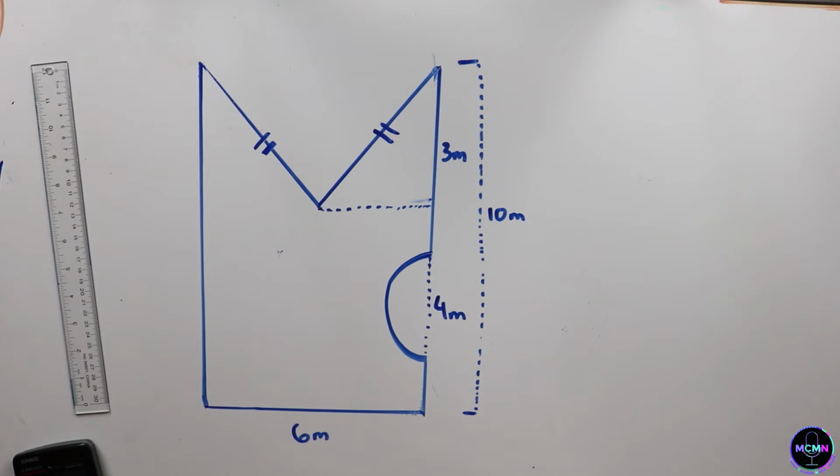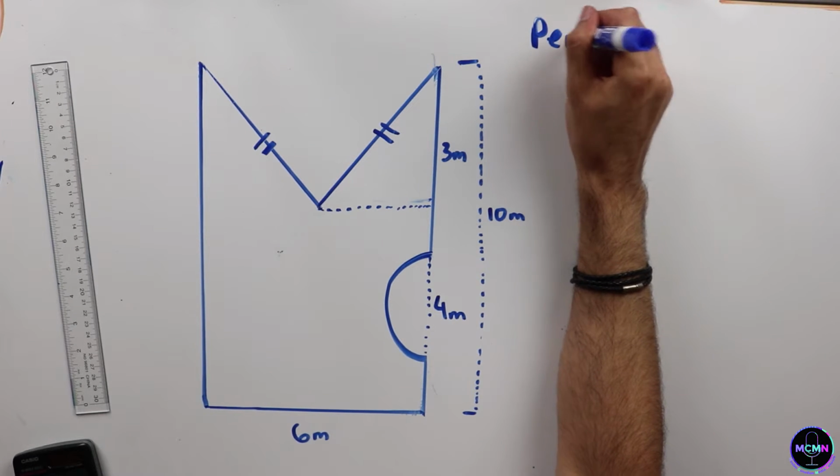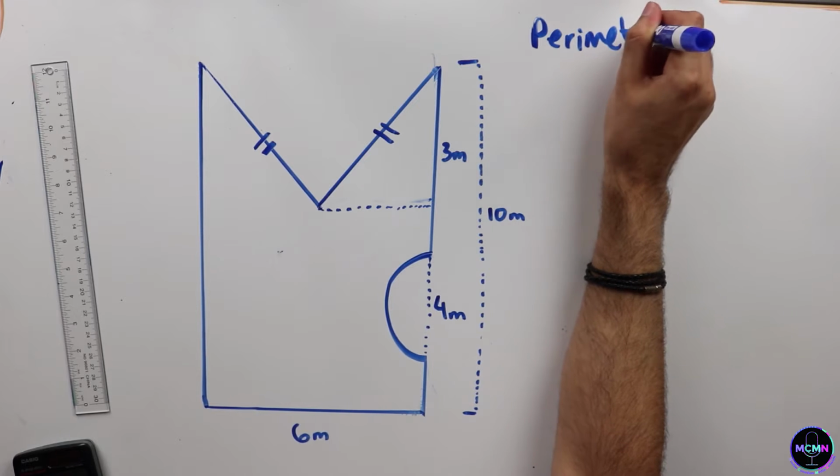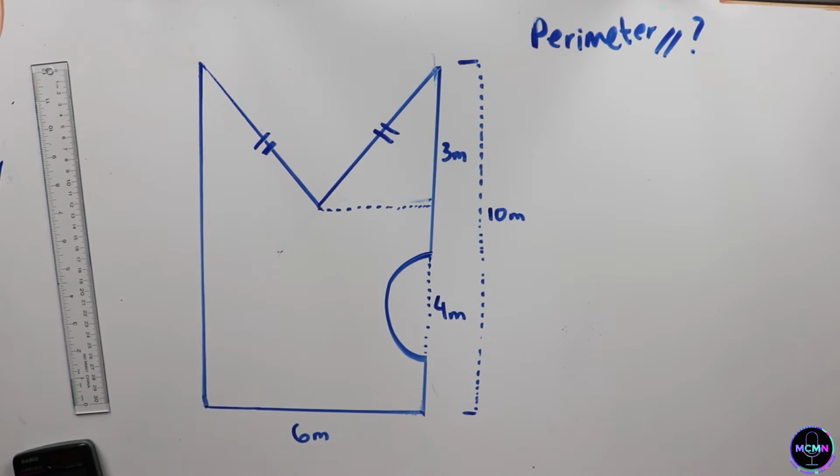Today we're dealing with composite figures. Now a composite figure is a figure which you can cut into shapes which you recognize. So for example, it's a complicated shape, but you see triangles and circles and rectangles and squares in it. So here I've got one, and I'm being asked to find the perimeter, and after that we're going to do the area. Now the perimeter, let's recall, is the space around the shape, and we calculate it by adding up